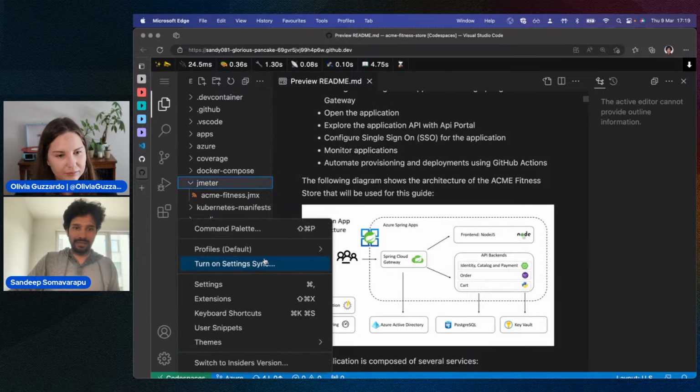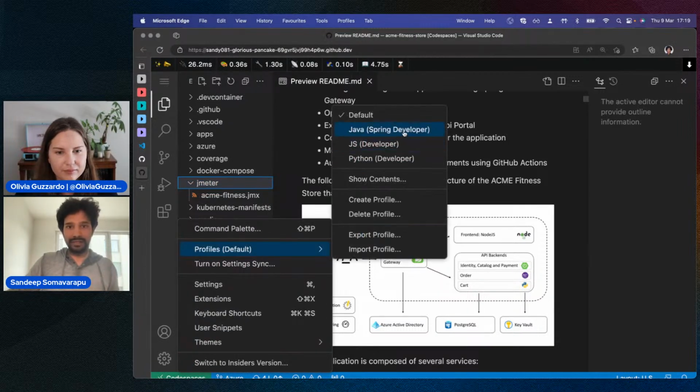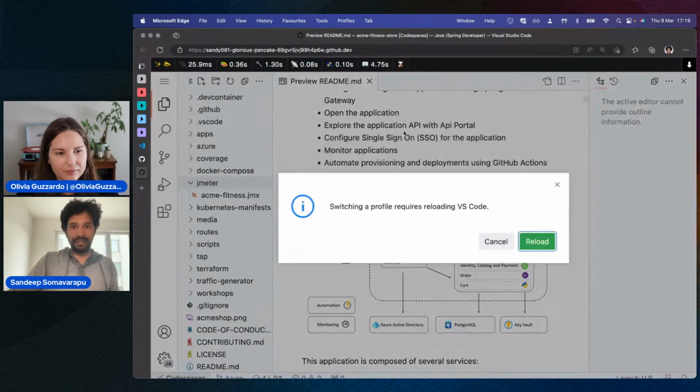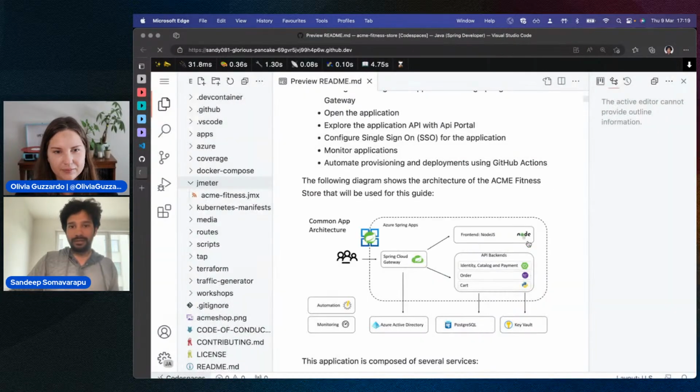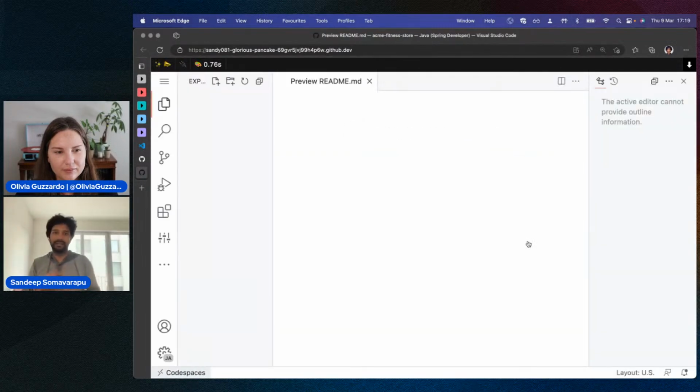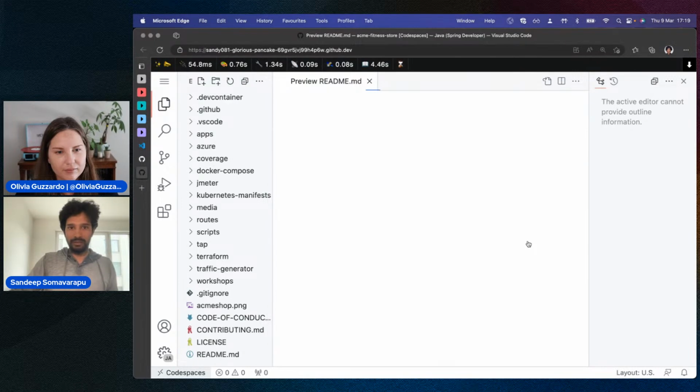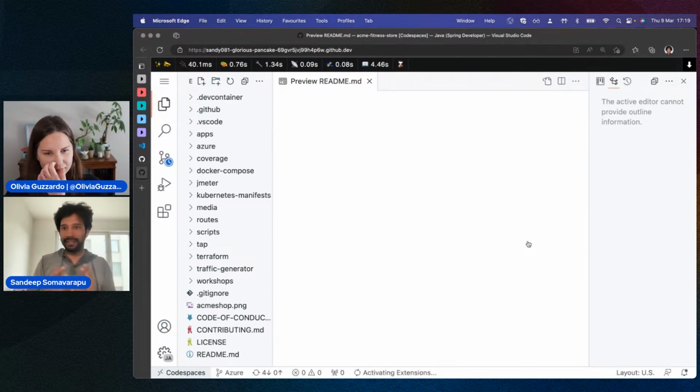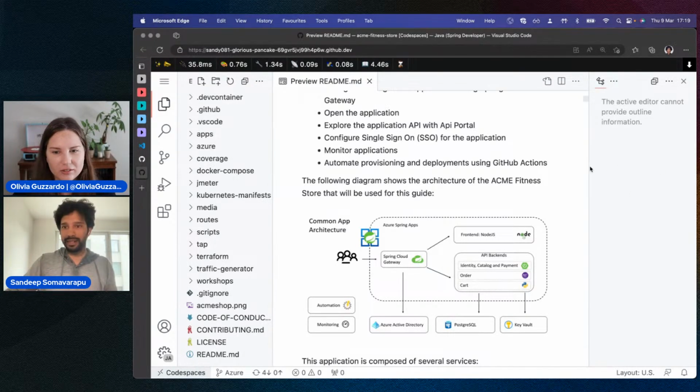I already have some profiles created for my Java development. There is a Java Spring developer profile. I just go here and click on this. Obviously I need to reload because of some extensions which will be added and removed. Now, as you see, my theme changed, my setup changed. You can see on the right side,